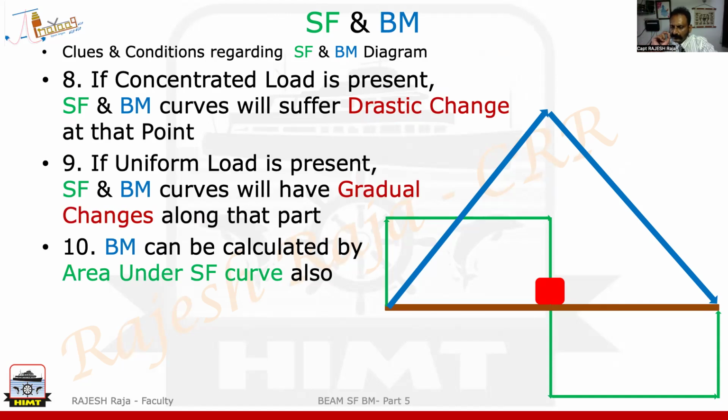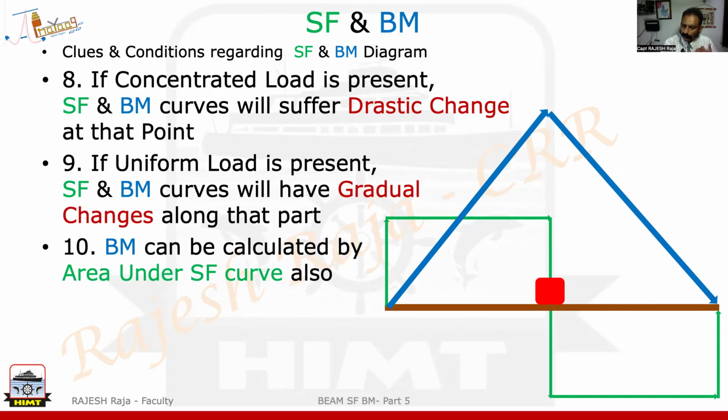But you will see the majority of the people will use area under the curve. They will try to integrate the area under the curve. Now, why I chose that? Basically, they both are same. In your normal beam structure, you will see the diagrams of SF are quite uniform, and you can very easily do the integration. So instead of doing that integration, I'm doing it with moments, just multiply, which is exactly the same. I'm trying to multiply the force into the lever, which is area, basically, area under the curve.